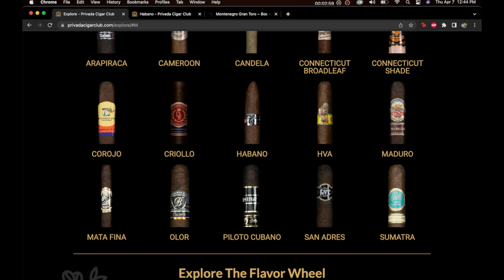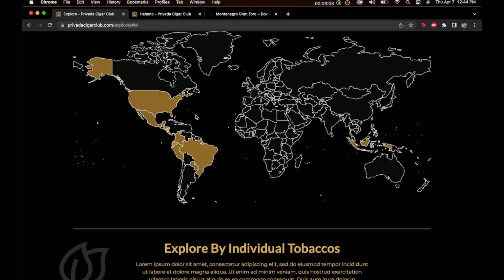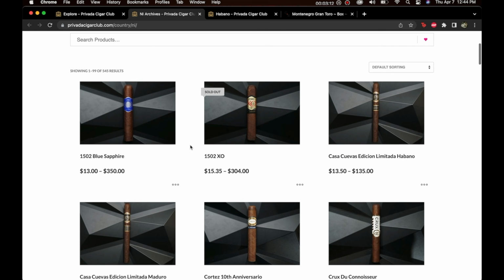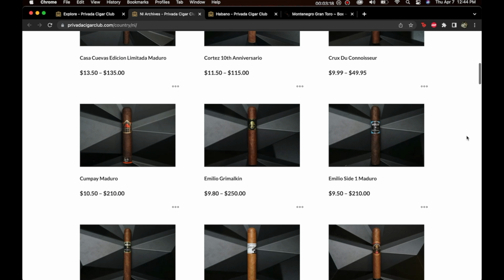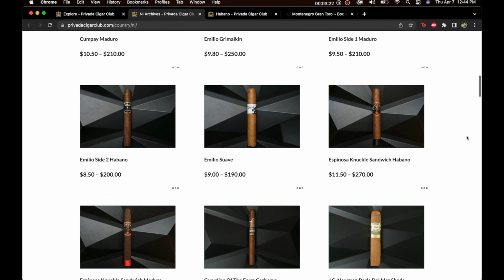Now, let's say, what else does it have? We know it's from Nicaragua, right? So chances are you're going to like Nicaraguan tobacco. So here we are with a page that populates all of the Nicaraguan cigars we have. I'd say half of these are Habano wrappers in the first place. So you're going to get a more narrowed down search as to...